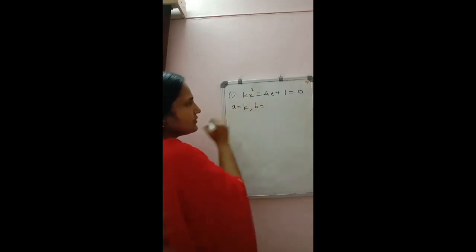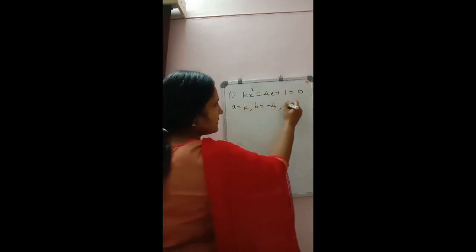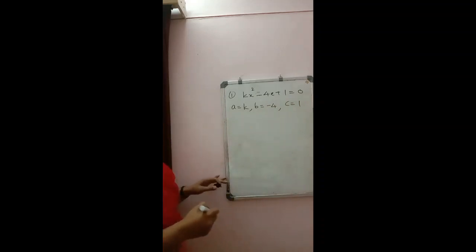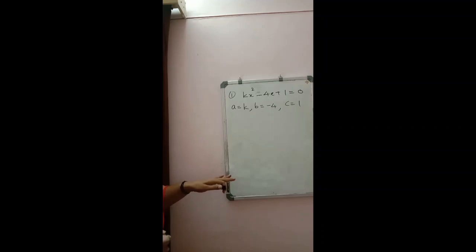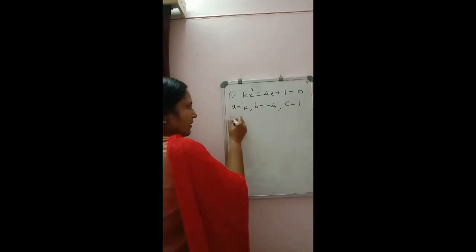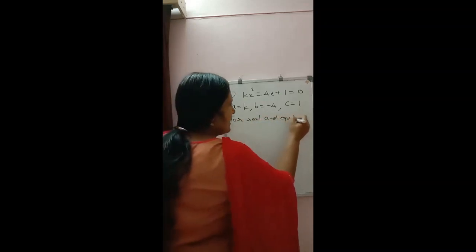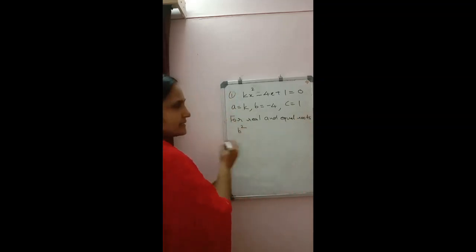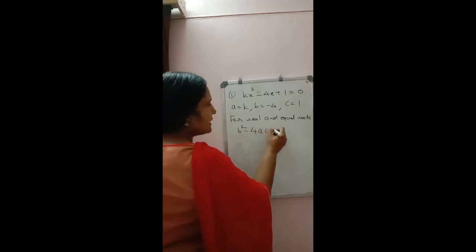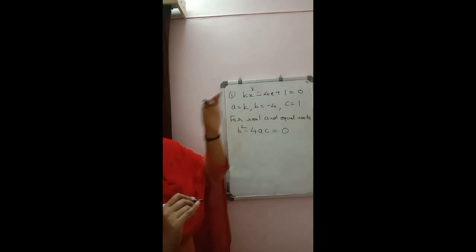Coefficient of x is denoted by B. Here we have B is equal to minus 4 and the constant term is called C. We have C is equal to 1. So if you will write this, you will get 1 mark for this. The next condition, it was given the roots are real and equal. So we know for real and equal roots, we know the value of D, that is discriminant B square minus 4AC should be equal to 0. So for writing this, again you will get 1 mark for this.